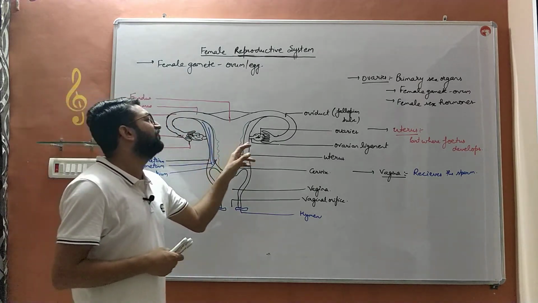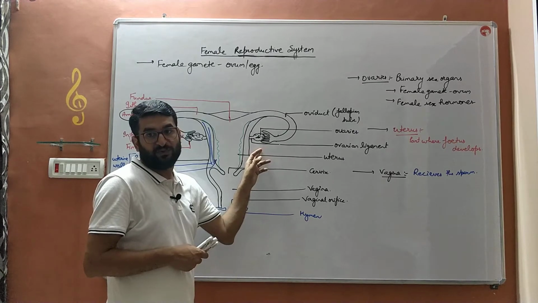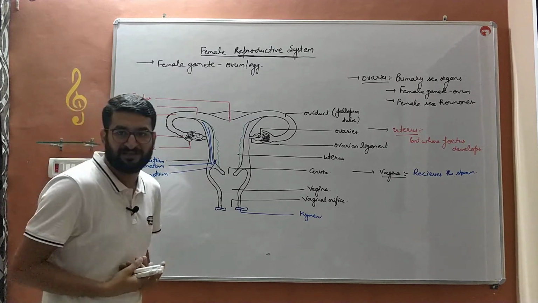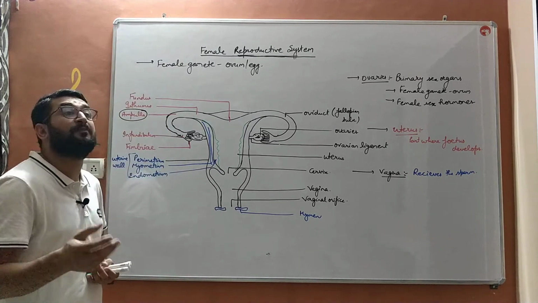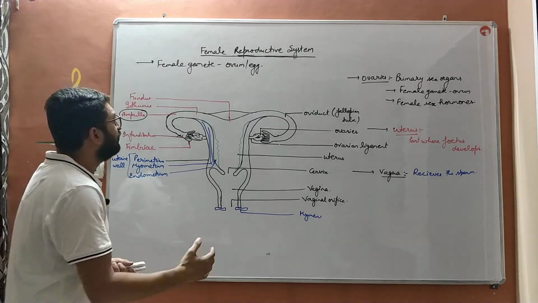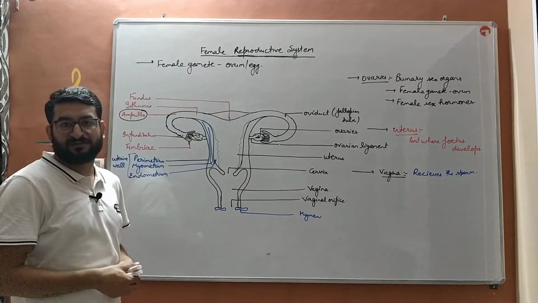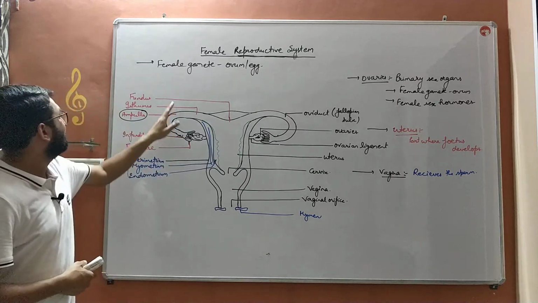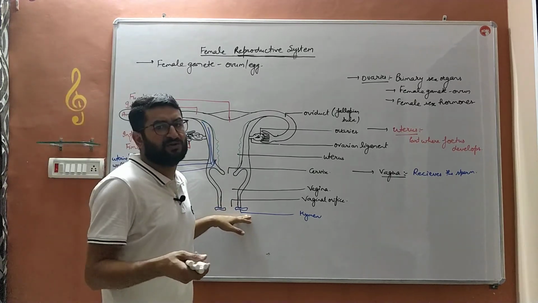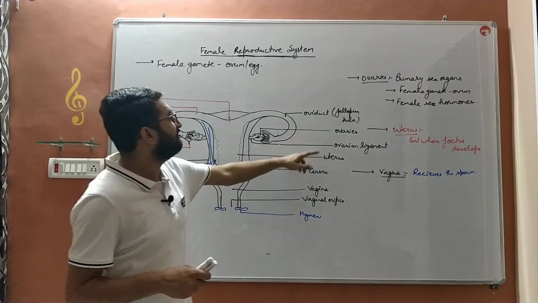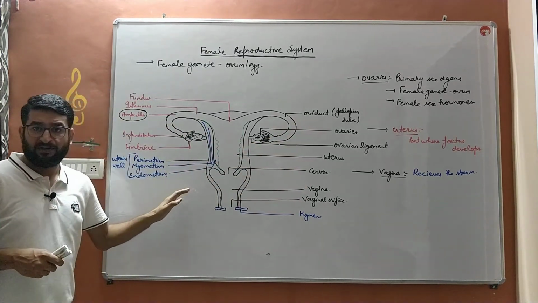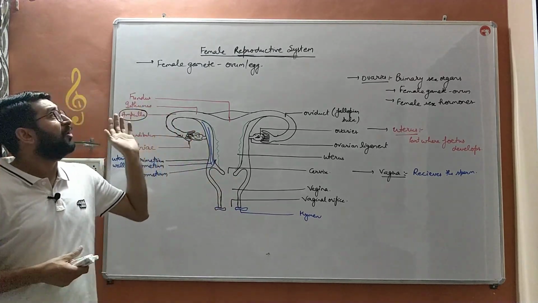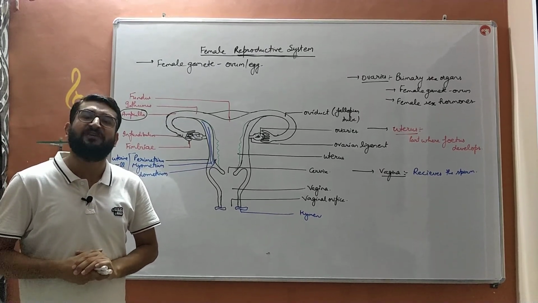Also, the ovaries release the female sex hormones into the blood, which will go to the various target organs. There are various site-specific organs on which they act, and secondary sexual characters appear or develop in a female. So that is the female reproductive system, which generates ova, which has various parts. The red ones and the blue ones you may leave, bache, as they are not included in your class 10 syllabus. The black ones are very, very important. Practice this diagram again and again. It is a very important diagram for your board exam. So that is all for the reproductive system of a female in human beings.